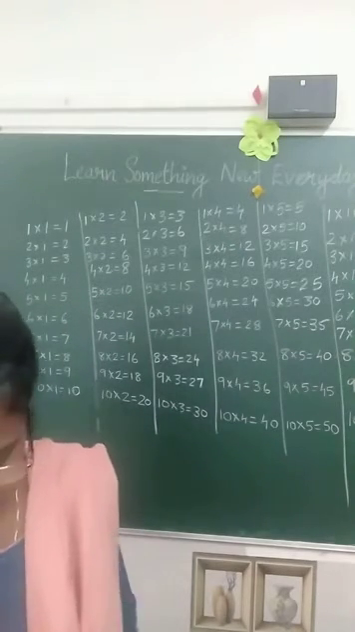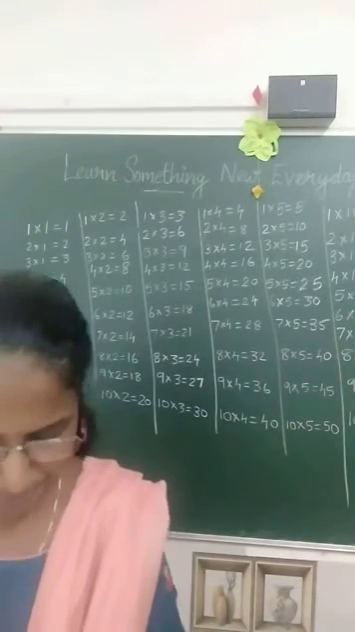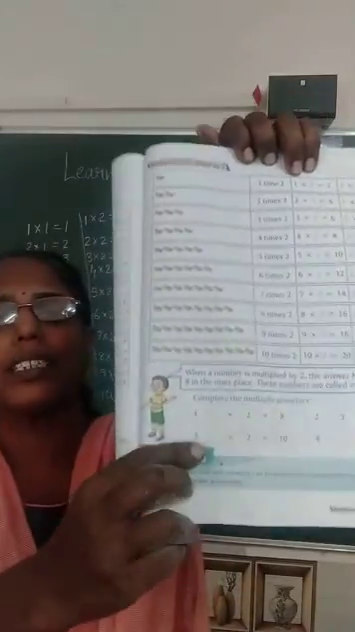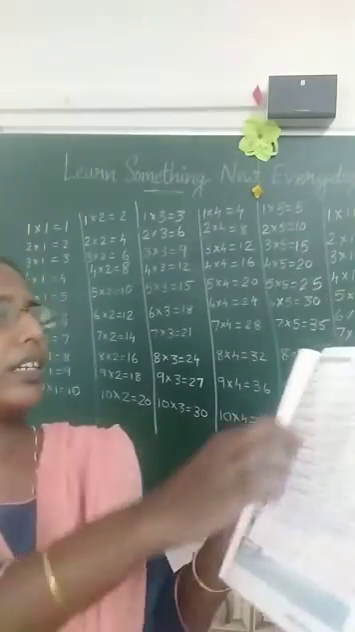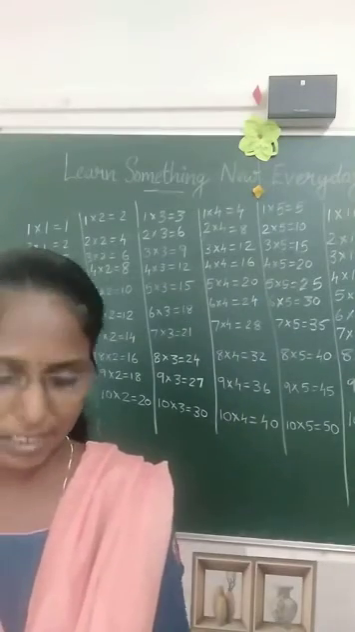So, before that, let me show the multiplication table of 2 in your book. This is the multiplication table of 2 and we have to complete the exercise which is given here. Okay? And you have to learn the table by heart. Then next, multiplication table of